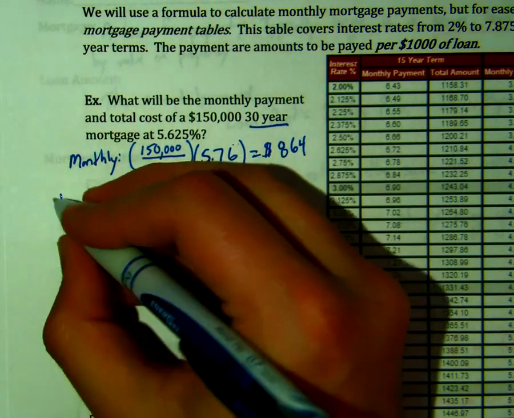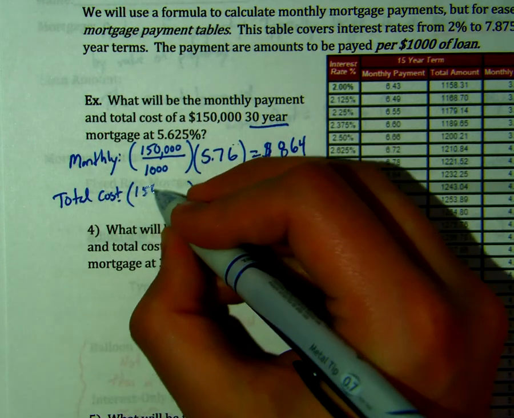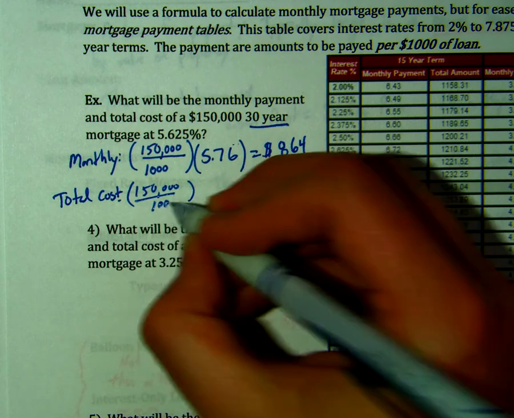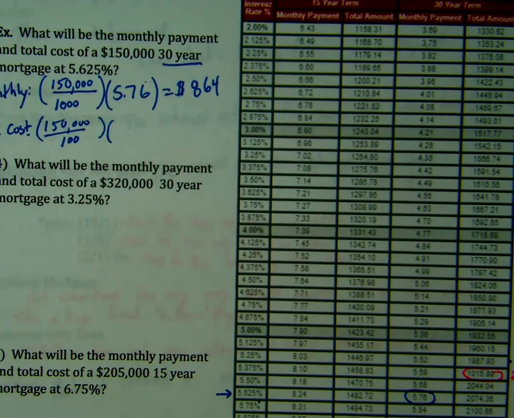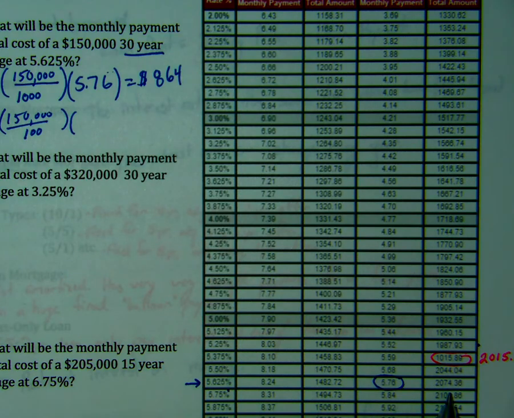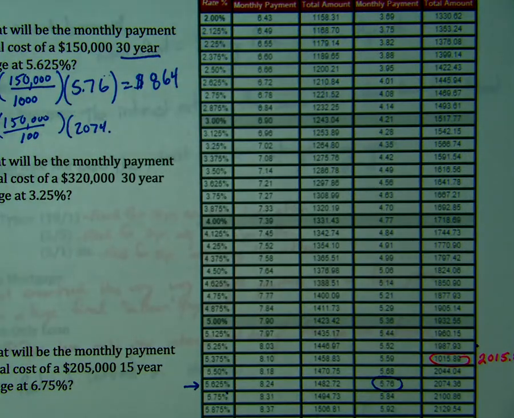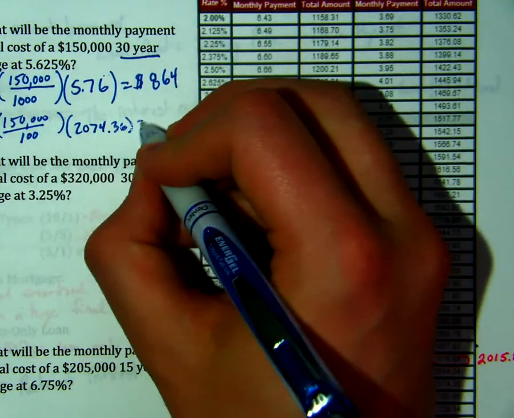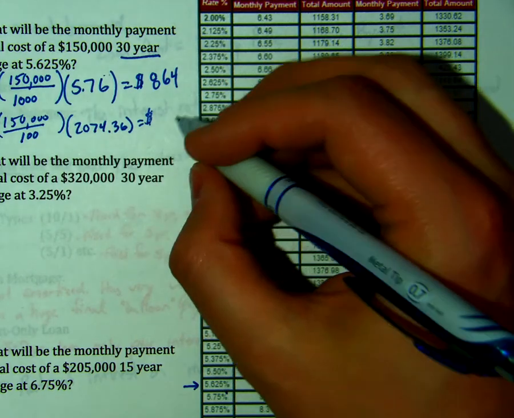And then for the total cost, again, we want the 150,000 divided by 1,000. So there's 150 of these. And then we need the ratio for the total cost. Okay, so it's the same place, 5.625%. This is the ratio for monthly. So the ratio for total is 2,074.36. Okay, so you just grab your calculator, 2,074.36 times that 150. Okay, and this ends up being, you might think this is a typo, but it's